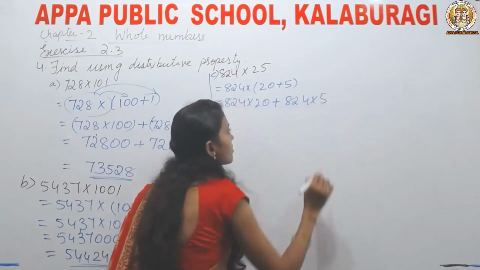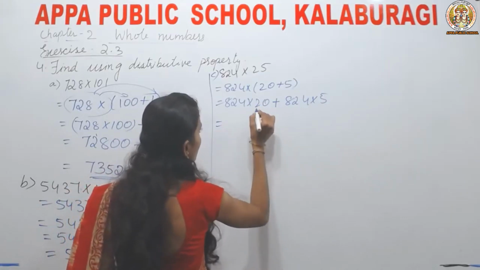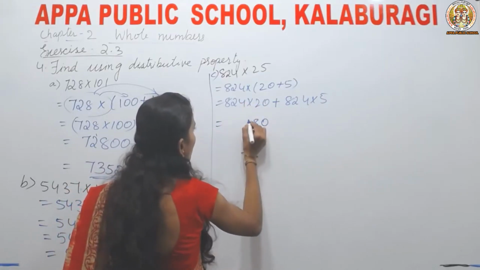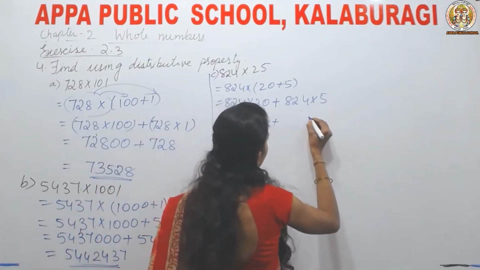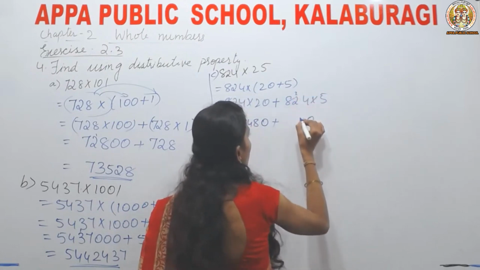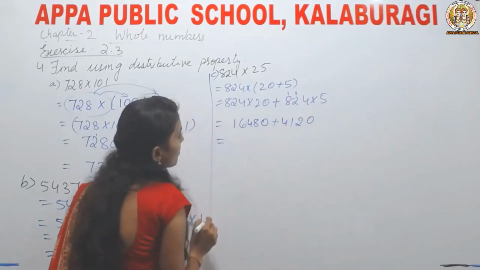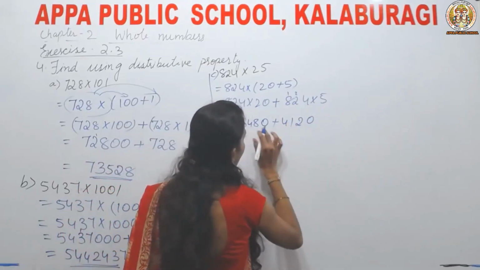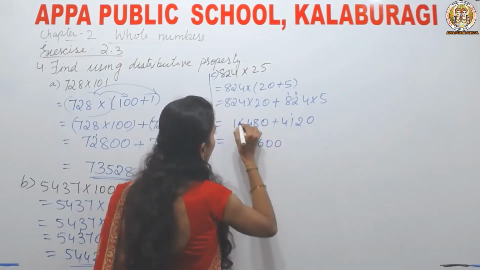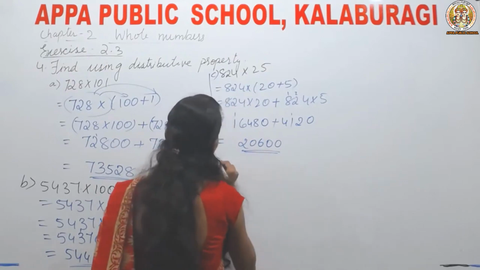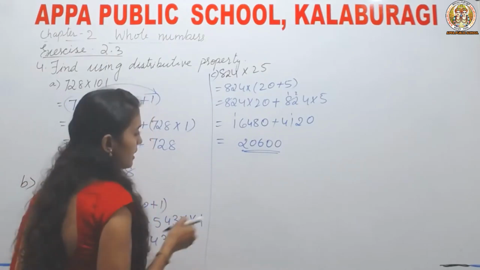8024 into 5. Find the product. 0 will be as it is. 2 4s are 8, 2 2s are 4, 2 8s are 16 plus 5 4s are 20, 5 2s are 10 plus 2, 12, 5 8s are 40 plus 1, 41. Now add 0 as it is, 8 plus 2 10, 2 plus 4 6, 10 2. Over. Right? Next, D1